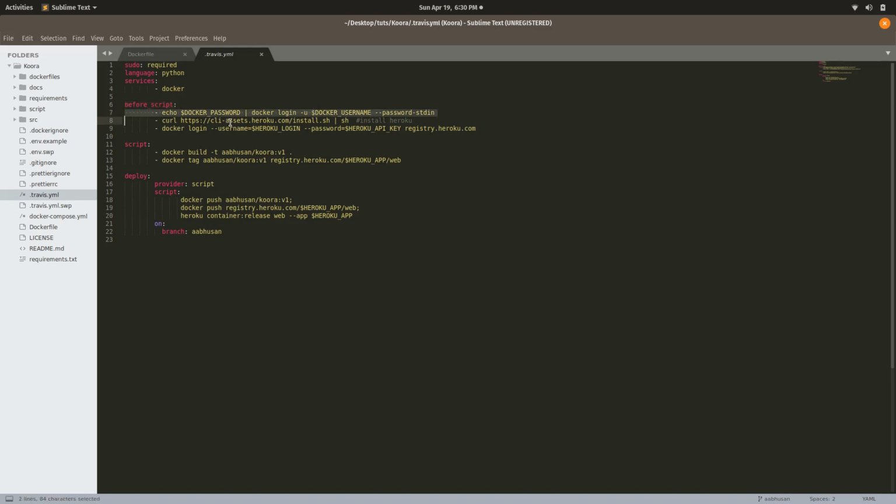And we have installed Heroku with this command, and we have logged into the Heroku registry.heroku.com with this command. So in this way we have installed Heroku, we have logged into Heroku, and we have logged into Docker. All this Docker password, Docker username, Heroku login, Heroku API key, Heroku app, we have provided as an environment variable from the Travis.